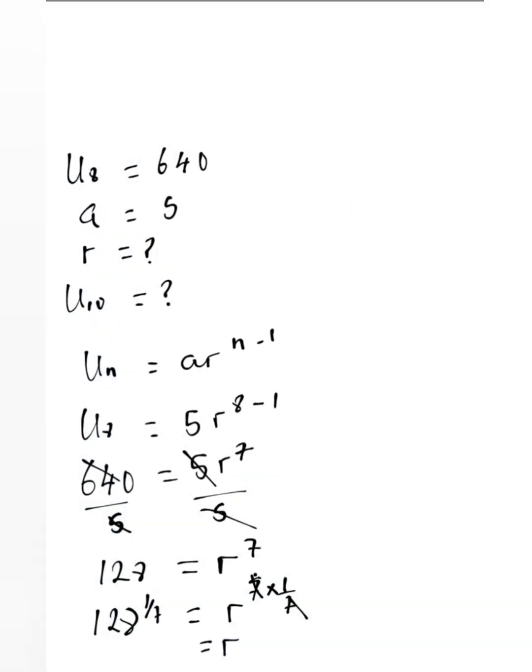So let's go back. Let's imply that r is equal to 2. So we can write that r is equal to 2. So we find our common ratio and it's 2. Now let's find the 10th term of the sequence. So far, the first term is equal to 5. The common ratio is equal to 2. Now we're looking for the